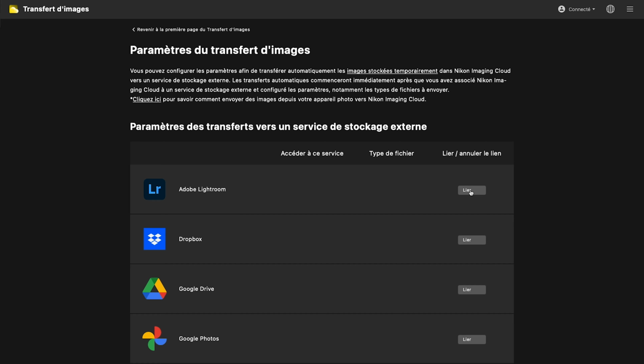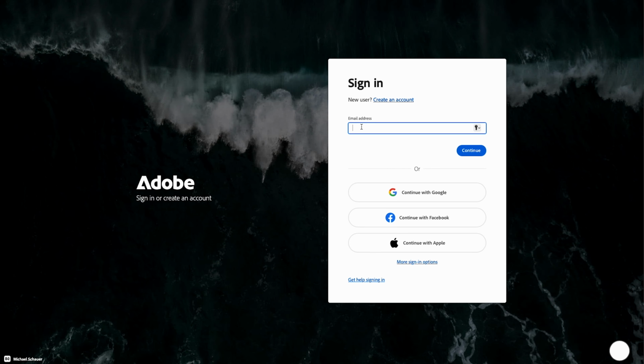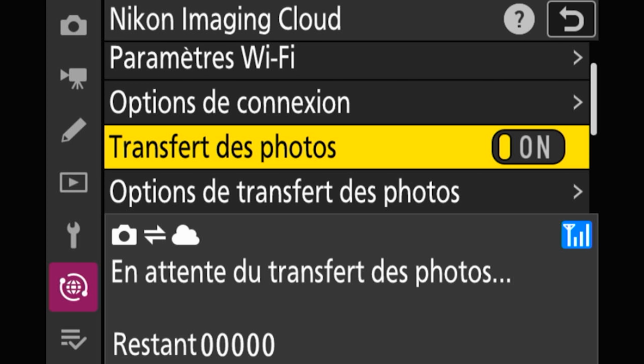Each will be slightly different, but for this video, I'll be connecting to Adobe Lightroom. To do this, under the Adobe Lightroom tab, click Link. This will prompt you to enter all your Adobe sign-in credentials. If you want every photo you take to be automatically sent to Lightroom, make sure that the Send Automatically box is checked. Once Lightroom has been connected, if it isn't already enabled, enable Photo Upload in the Imaging Cloud menu